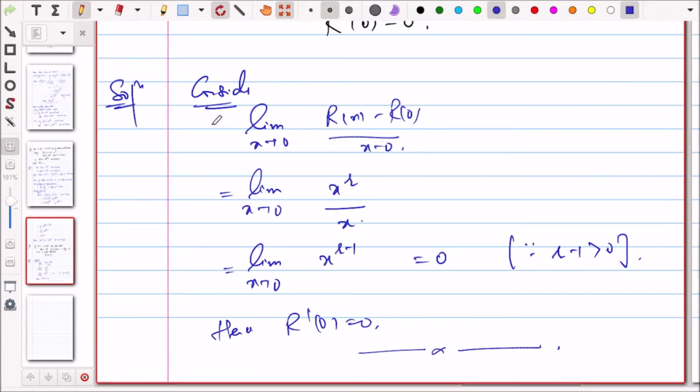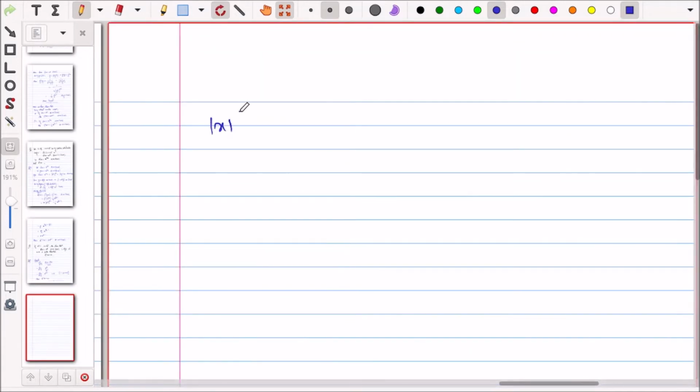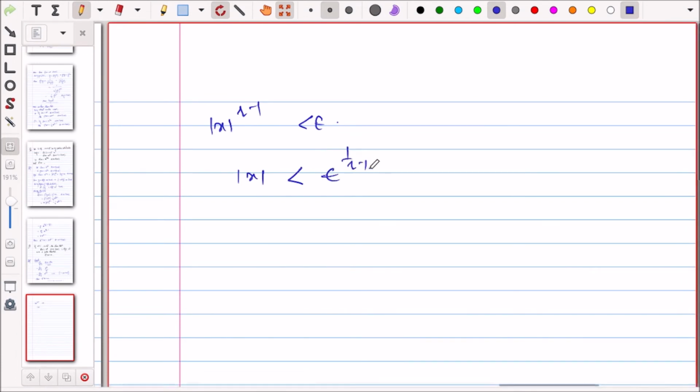क्योंकि इसी में आ जाएगा ना। So now you want this thing to be less than epsilon, तो डेल्टा क्या लोगे, वो x पे डिपेंडेंट करेगा, तो उससे you can easily take. सर डेल्टा यहाँ पे क्या लेंगे सर? x to the power r minus 1, you want to show this less than epsilon, yes sir. So that means you will show that x is less than, so this is your delta. यस गॉट इट। ठीक है।